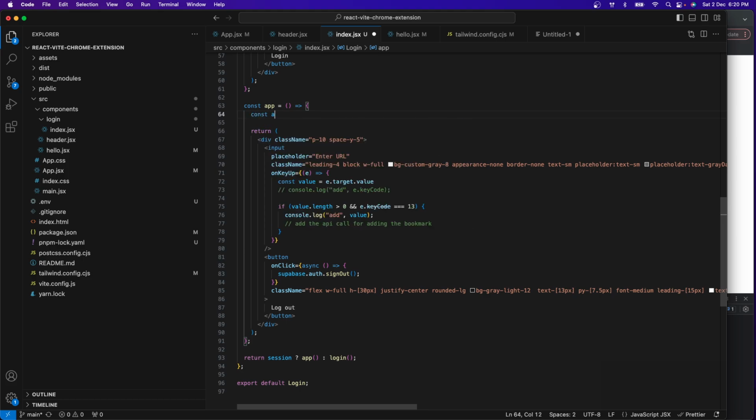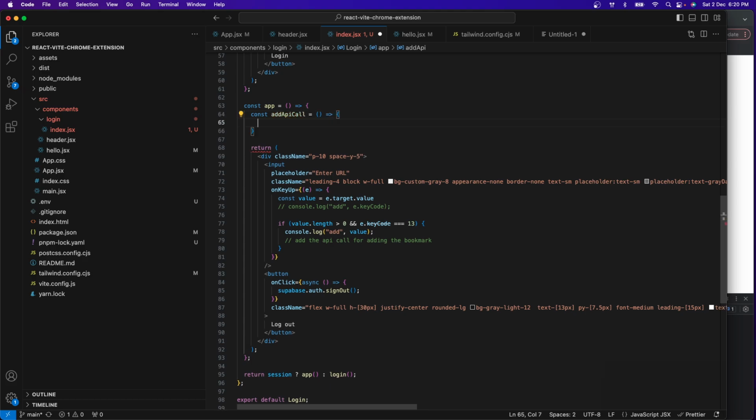So let's add API call. Okay, and then over here, this will be an async function. Then const response is equal to await Axios dot